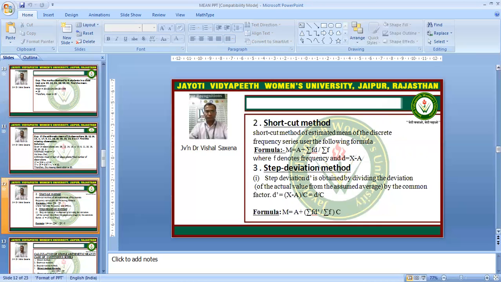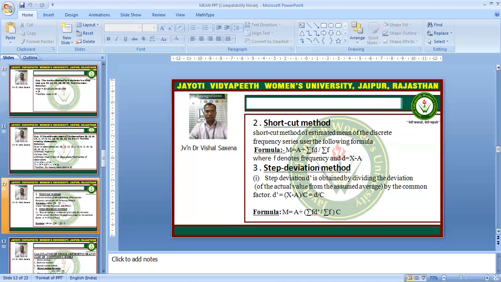The second procedure, as we all know, is known as the shortcut method. In the shortcut method of estimating the mean of the discrete frequency series, we use the following formula. The formula is given by M is equal to A plus summation f into d upon summation f,